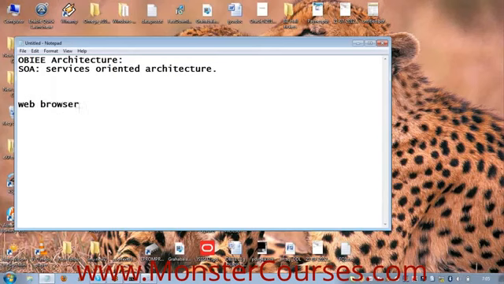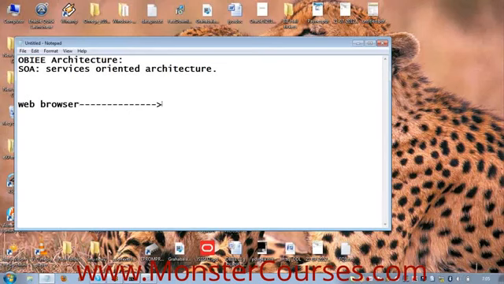Can you name me a few web browsers? IE, Mozilla, Firefox, Opera, Safari, right? Different web browsers. What is a web browser used for? Basically, whatever data it gets from the server, it will display on the front end.